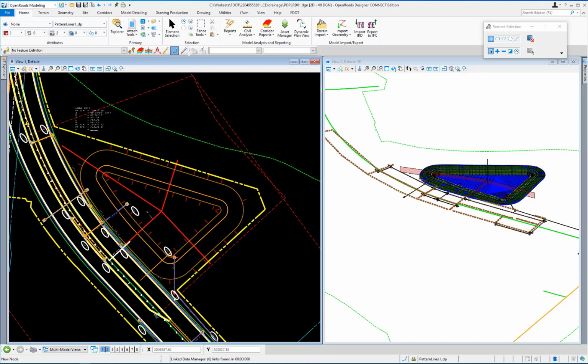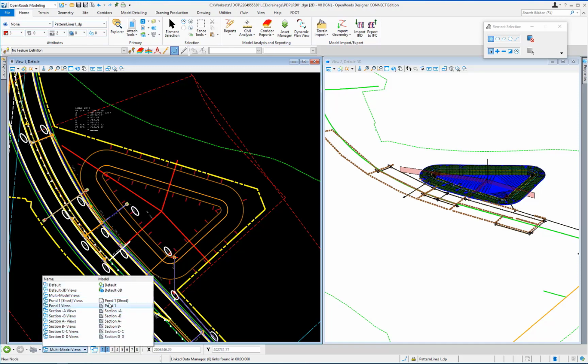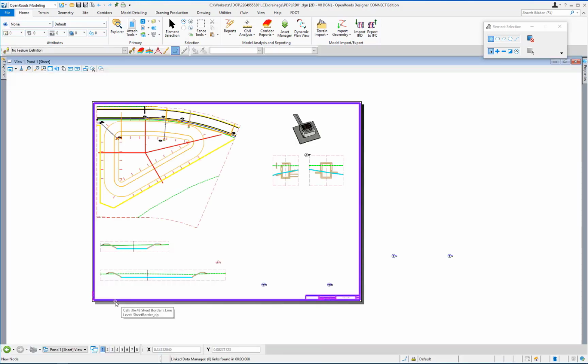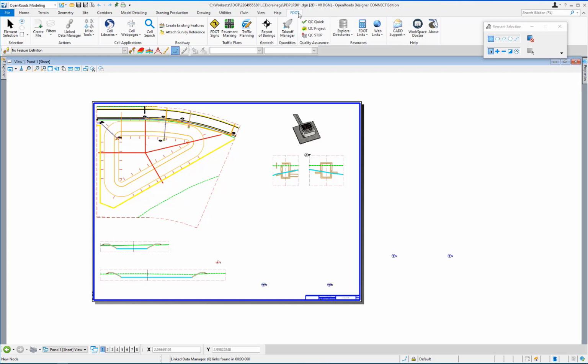Exercise 2.5 Control Structure Form. Open the Pond 1 Sheet Views view group. Switch to the FDOT tab, and in the Actions group, left-click on the Linked Data Manager tool.